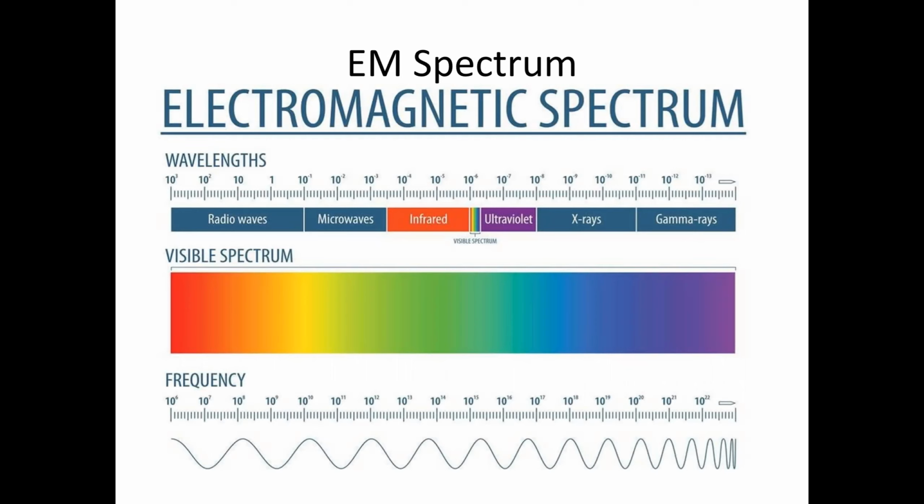Next, we'll be talking about the electromagnetic spectrum, and this graph, I'm sure many of you have seen this before. It should look very familiar, but I do want to go over it, and I think it is important to memorize at least the key aspects of this graph. First thing I want you to notice, first the order, going from left to right of all of these types of waves. So radio and microwaves, very low energy, very safe, especially radio waves. Infrared has red in the name, so it's relatively low energy, very similar to the visible color red,